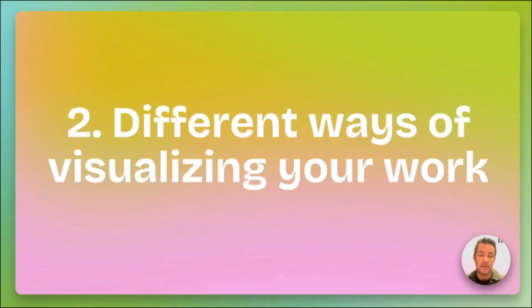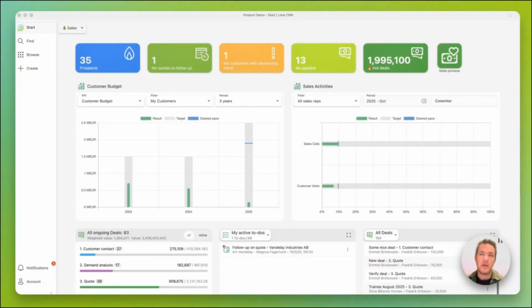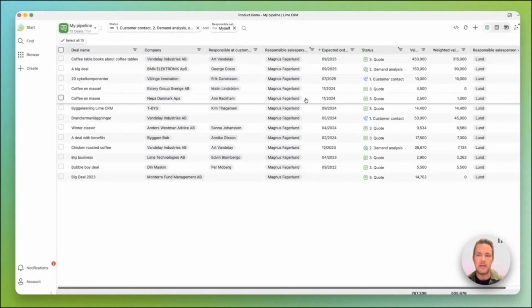Okay, that was info tiles. Now let's talk about different ways of visualizing your work. So time for the second demo. So let's head over to Lime CRM once again and check out my pipeline that I'm working with as a sales rep. So when we look at the data behind the numbers, the most common way is to visualize the